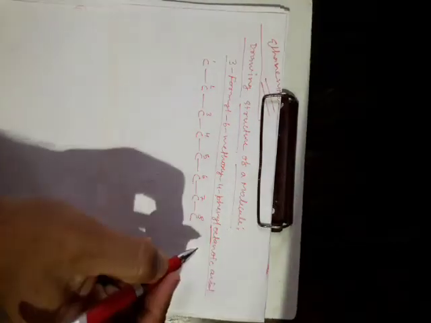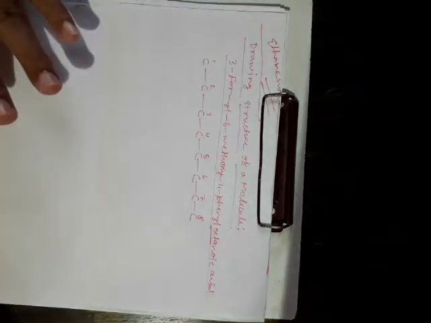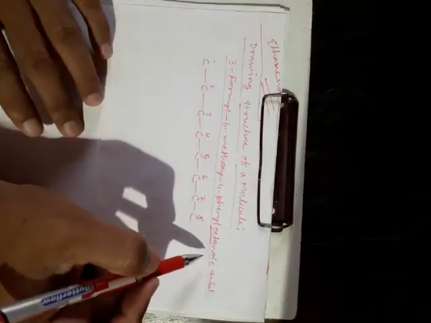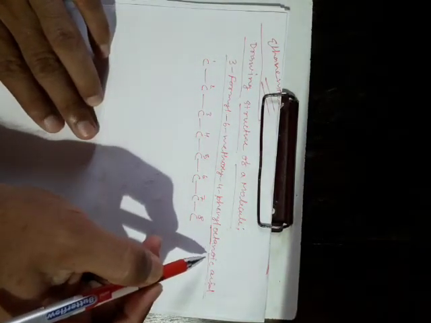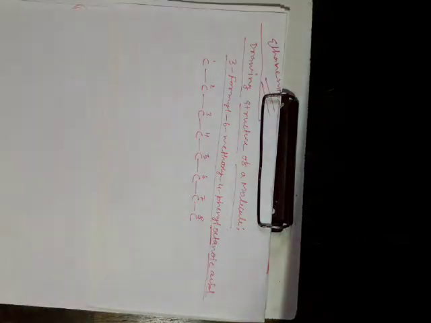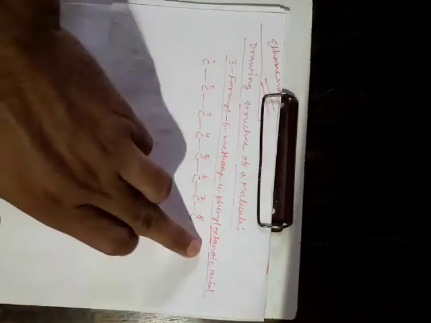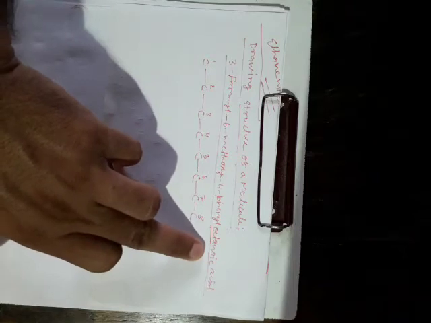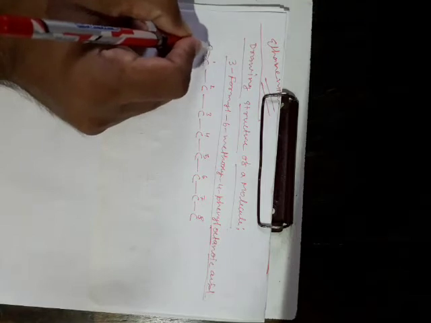Since there is no ENE or YNE, the molecule is saturated. Now the suffix of the molecule is oic acid, and the oic acid has no position, so the first carbon should be generated as the carboxylic acid, which is indicated by the oic acid. So the first carbon, C double bond O, OH, is converted into the carboxylic functional group.